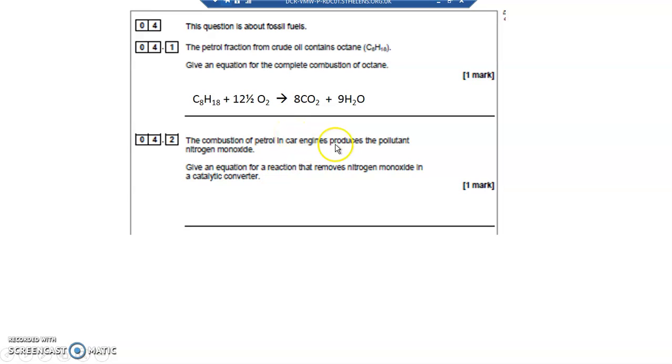The combustion of petrol in car engines produces a pollutant, nitrogen monoxide. Give an equation for the reaction that removes nitrogen monoxide in a catalytic converter. So a catalytic converter removes two very poisonous gases, nitrogen monoxide and carbon monoxide. If any of the petrol is incompletely combusted, and incomplete combustion in a car engine is likely to happen, remember, because you haven't got a plentiful supply of oxygen coming into a car engine. There's a limited supply, so I'm going to make some carbon monoxide. So I've got to get rid of those two poisonous gases, the nitrogen monoxide